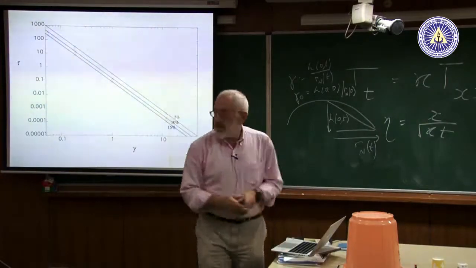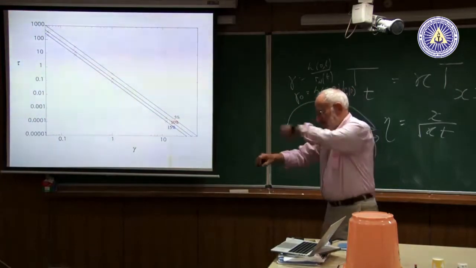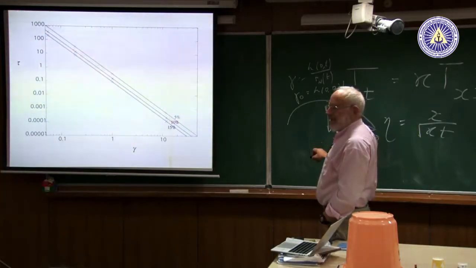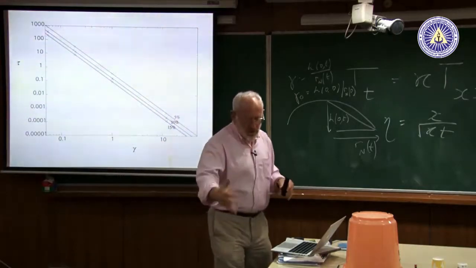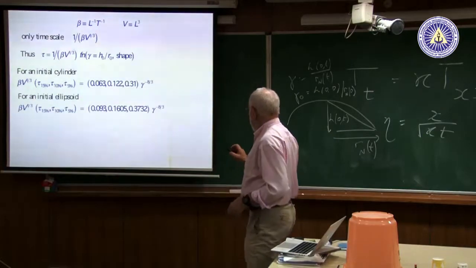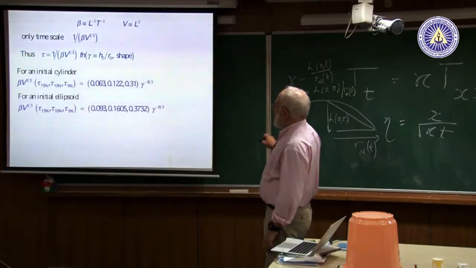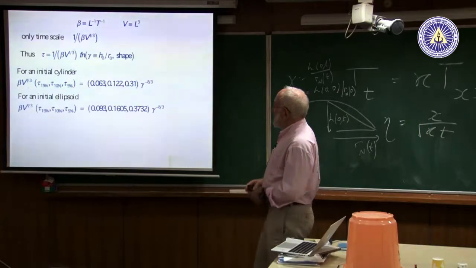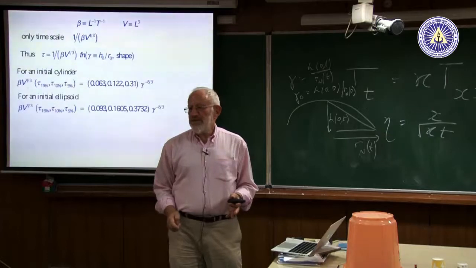So I had her do it for an ellipsoid. So it's an ellipse that's rotated around, and again it was the 8/3. And I thought an ellipse would be totally different, or a hemisphere. And then I realized, oh, well, here's the relationship for the initial ellipse. Different numbers, but still this gamma naught, sorry, that's missing, to the minus 8/3. So I thought, guess how you must prove this?